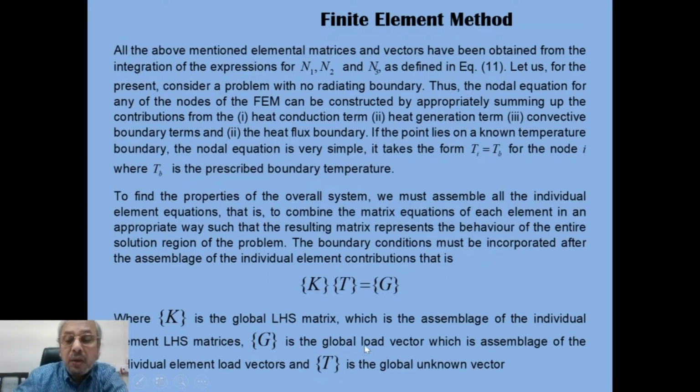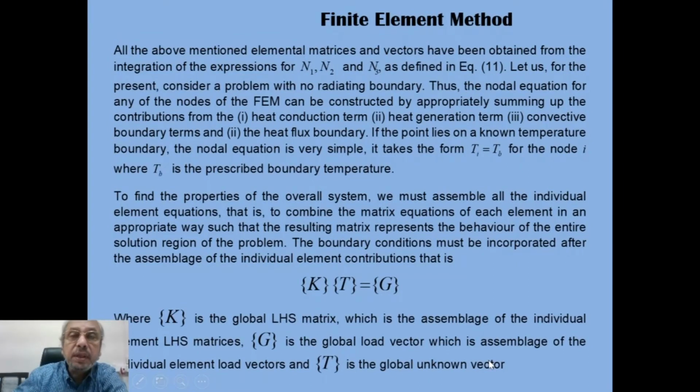G is the global load vector. So the right hand side known column vector is called the load vector. G is a global load vector, which is an assemblage of the individual element load vectors, and T is a